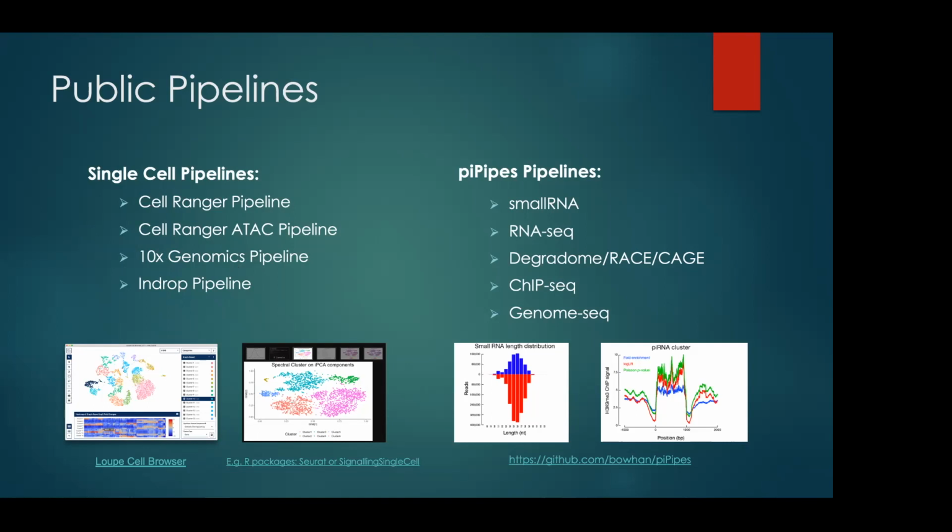We use mostly STAR for the alignment, and for the quantification purposes, we are using ESAT. After doing all the analysis, we get visualizations with R packages. You can load your output files into the Seurat R package or Single Cell packages to visualize your